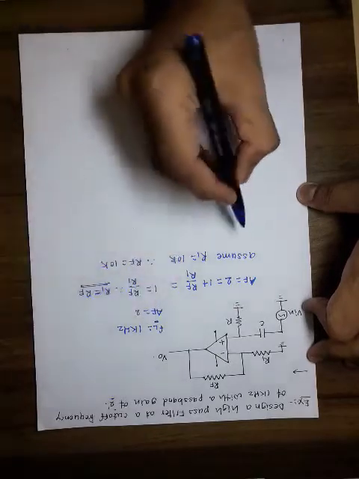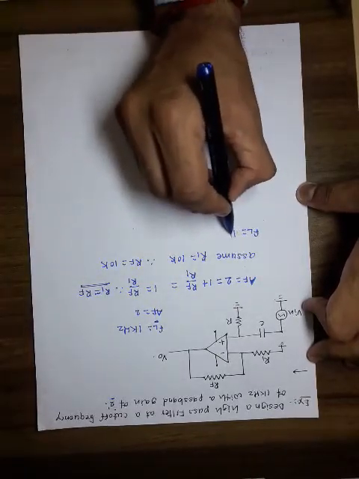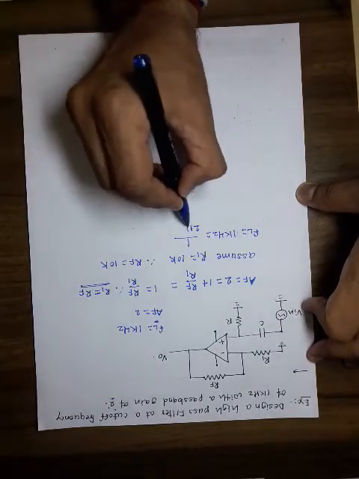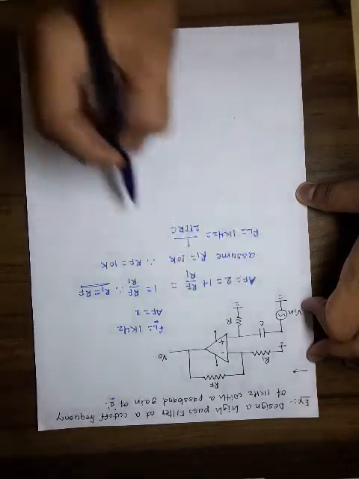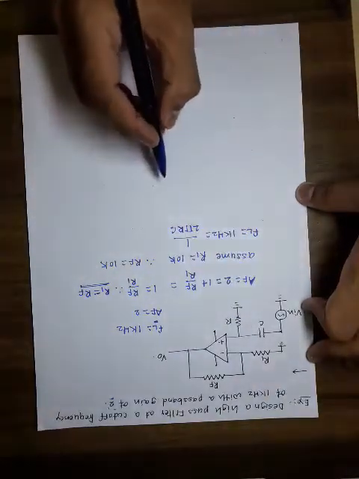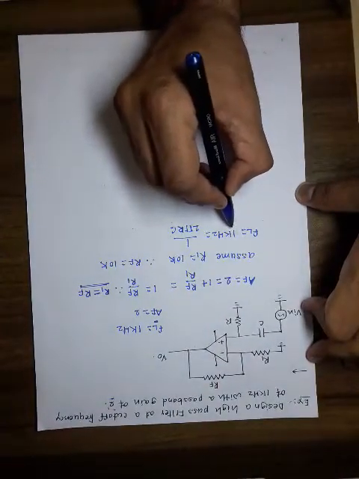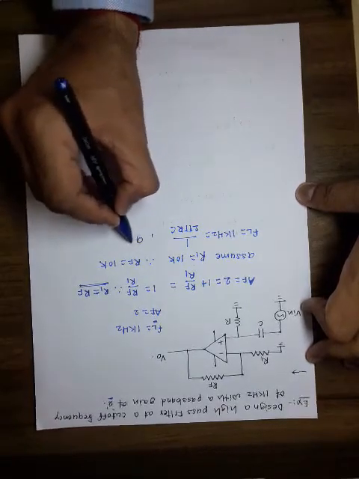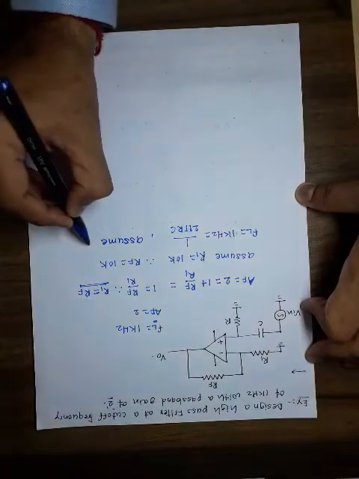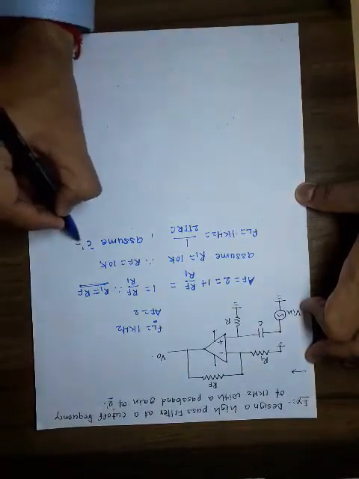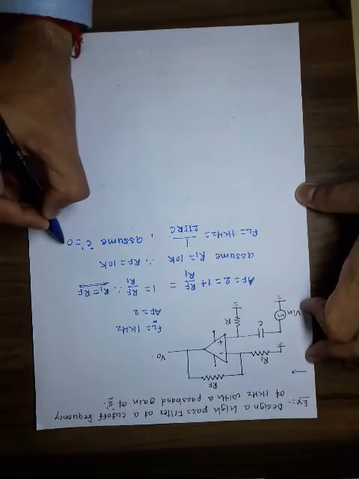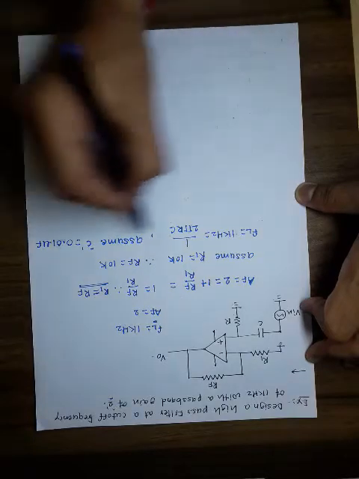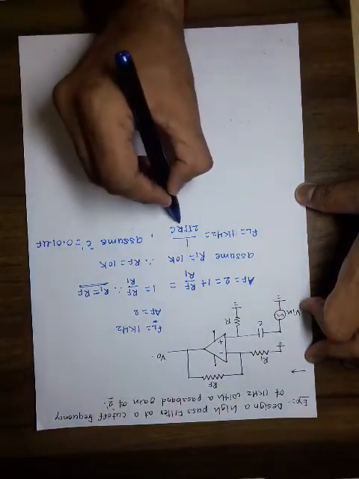Second parameter, that is the lower cutoff frequency FL equals 1 kilohertz. This equals 1 upon 2 pi RC, where RC is the value of the filtering elements. Here the lower cutoff frequency is given and R and C have to be determined. So in this case we will assume the value of capacitor C equals 0.01 microfarad. Substitute this value in this equation, so the only unknown parameter is R.